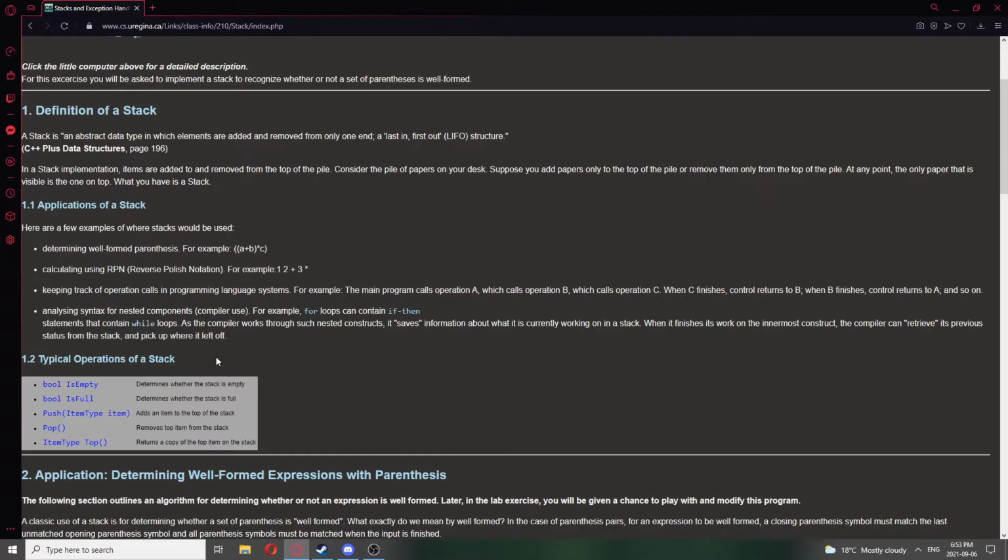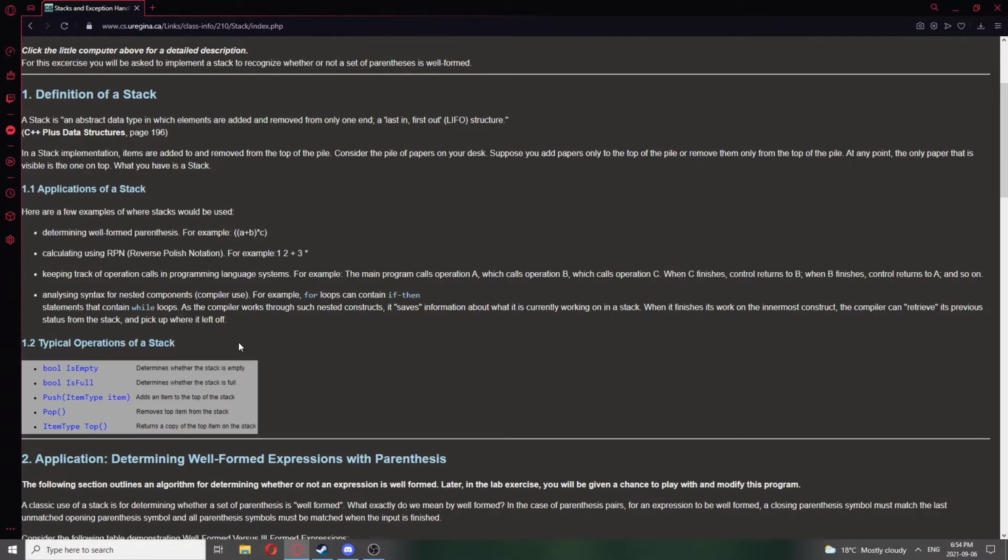They analyze syntax for nested components and loops. Essentially, a lot of compilers just save states of information and keep pushing it down, and then retrieve it one at a time, popping it back out